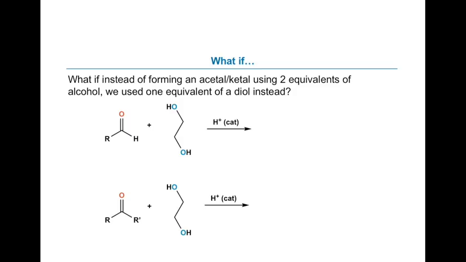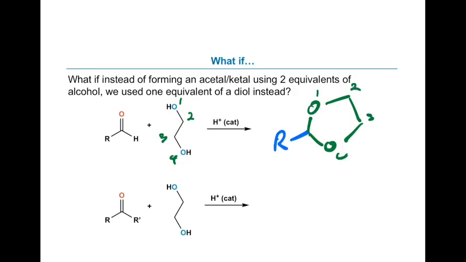acetals or cyclic ketals. So what will happen here in the first case is I'm going to make that carbonyl, so I've got my R and my carbonyl center. I'm going to make an acetal, except now I've got my 2 oxygens attached like this. And that corresponds to 1, 2, 3, 4 is my 1, 2, 3, 4. My carbonyl center right here is that center right here. And to finish it off, I've got a hydrogen. So this is a cyclic acetal.